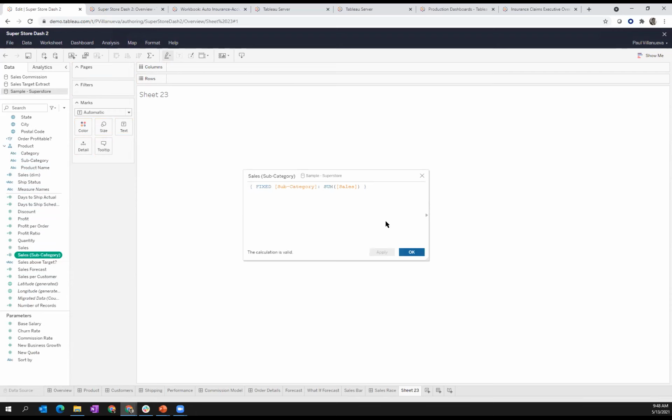Now, right now in its current form, it only does fixed. So you can edit the calculation to change it to include, exclude, and add all your other business logic and complex calculations and so forth. But it's a great way to at least get that base syntax right. I'm always having to look up, is it a squiggly bracket? Where did I put the colon? And so forth. So yeah, that's the first step, being able to at least get the base LOD out there